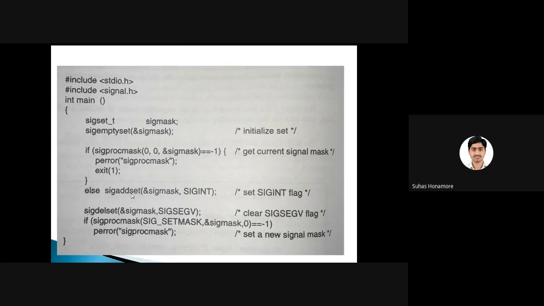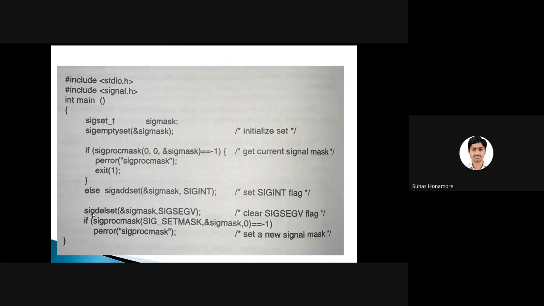Now we are adding something. We are calling the sigaddset API, so to whatever signal set we received previously, we are adding one more extra signal, that is SIGINT. It's an interrupt. Whenever you give the control key sequence from the command prompt, that interrupt has to be received by that process. Because we already cleared earlier, now we are adding that one.